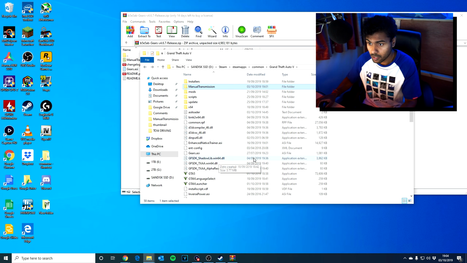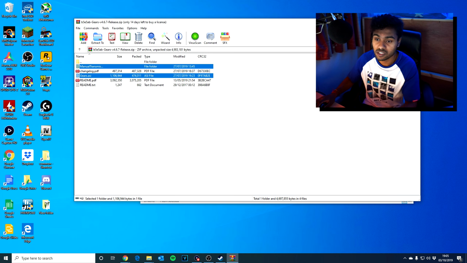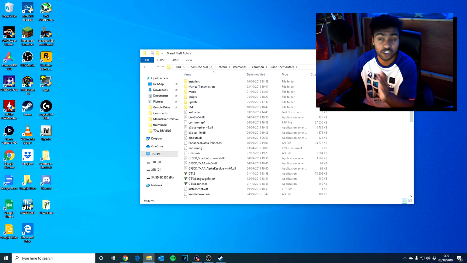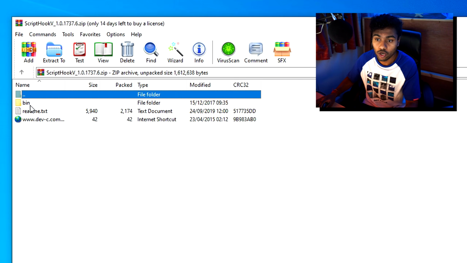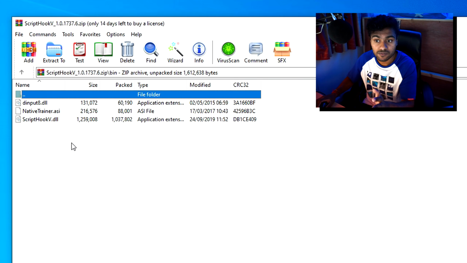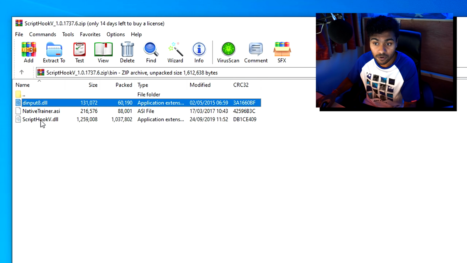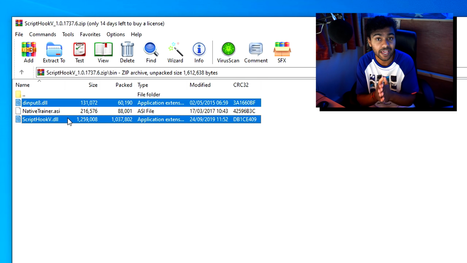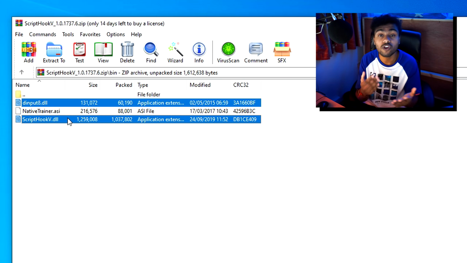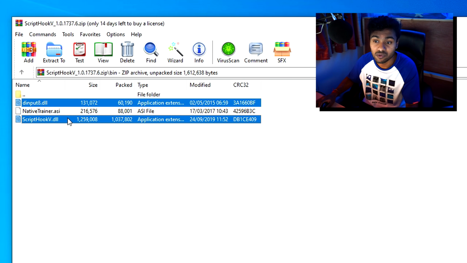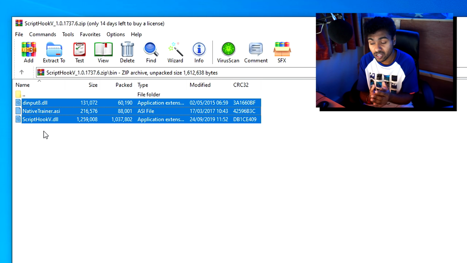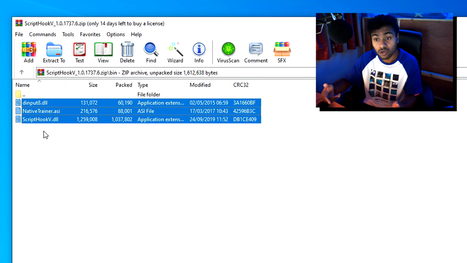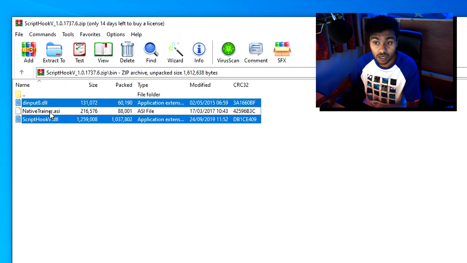And then what you want to do is close this WinRAR folder, minimize your GTA folder, and then open up Scripthook V, open up bin. All you really need from this folder are these two files. If you already have a trainer installed, if you don't know what a trainer is, then you might as well install all three. I myself have the enhanced native trainer, which I'll also leave in the description below. So I don't need this folder, I don't need this file, the middle file right here. So all I need is